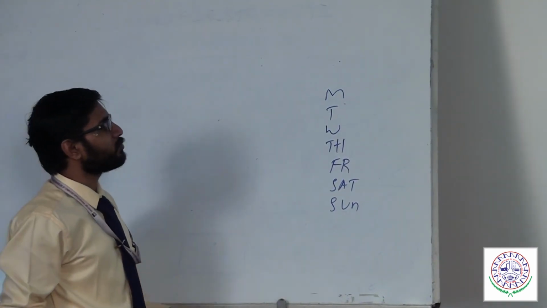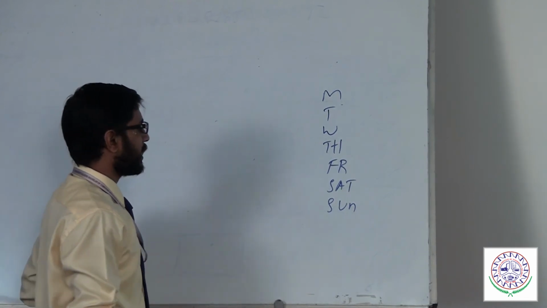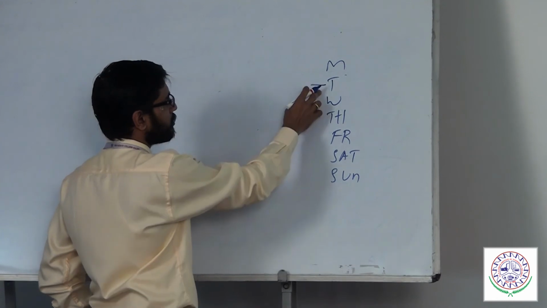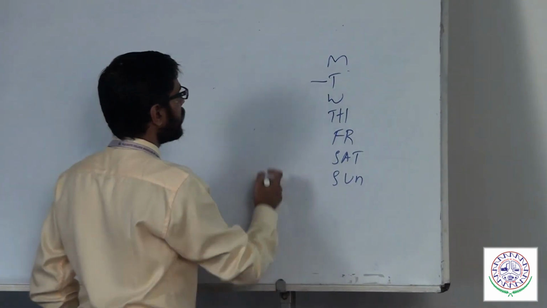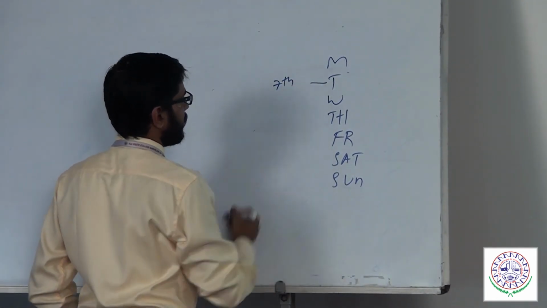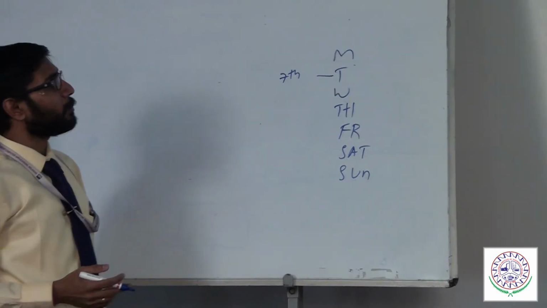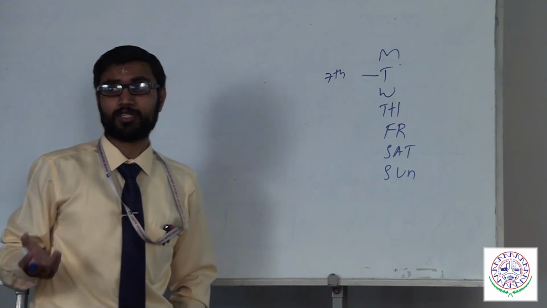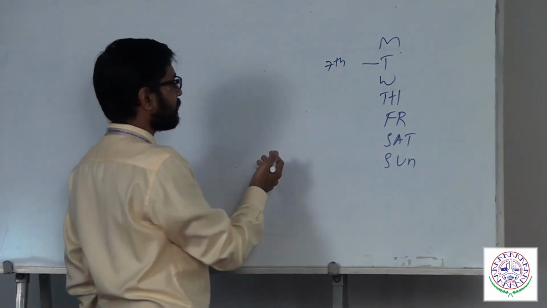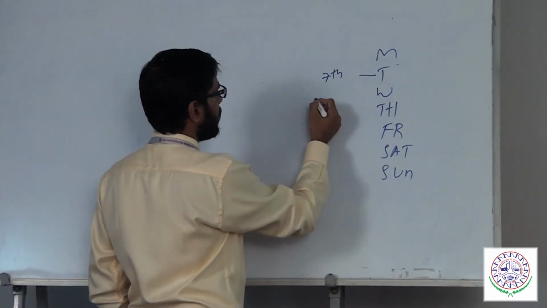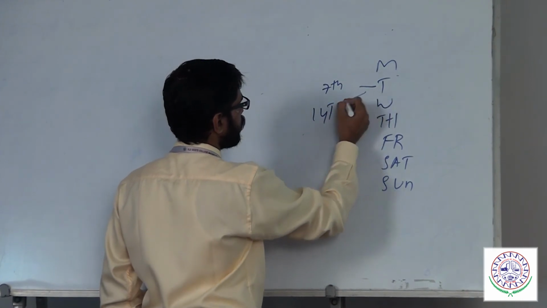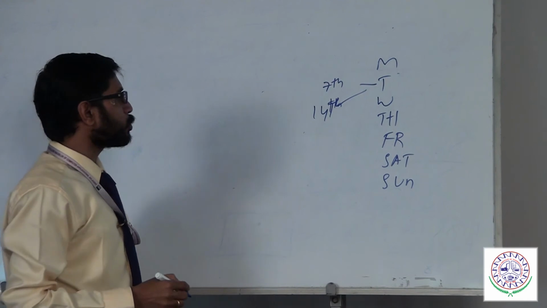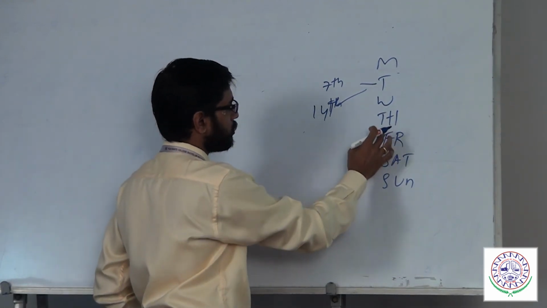If the 7th day of the month is 3 days earlier than Friday, it will be Tuesday, because Friday is here, so 3 days earlier it will be this, so it will be the 7th. What day will it be on the 19th day of the month? If you add 7 again, next Tuesday will be the 14th. Okay, so the 19th day they have asked. So add 5 days: 1, 2, 3, 4, 5.